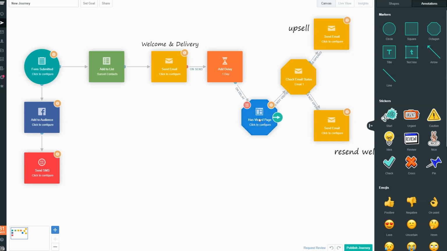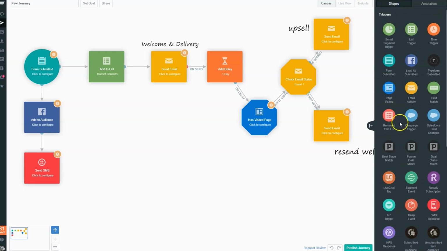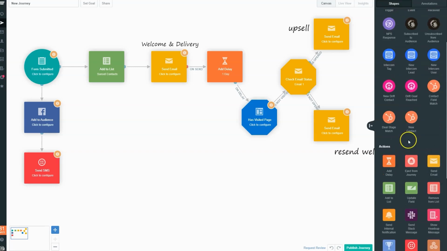Okay, so if they have not visited that page, that means they still have not purchased. That's why we're continuing the email experience here, right? Which is ultimately designed to get them to buy. But what if they did end up on that page? Well, if they ended up on that page, that's the indicator to us that they purchased the product in question. And so let's go ahead and do 3 other things. If they did in fact end up on that page and they purchased, we want to,